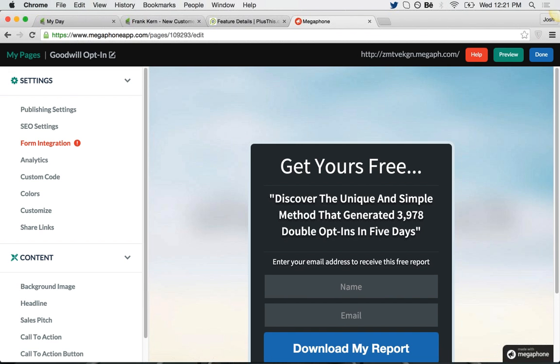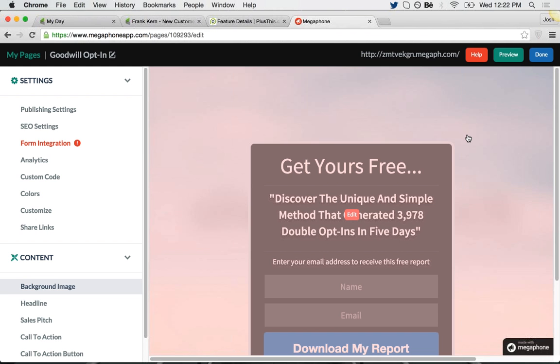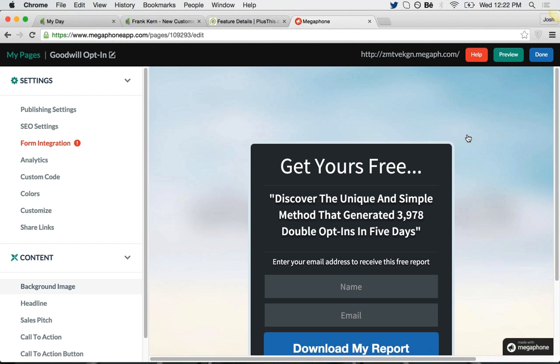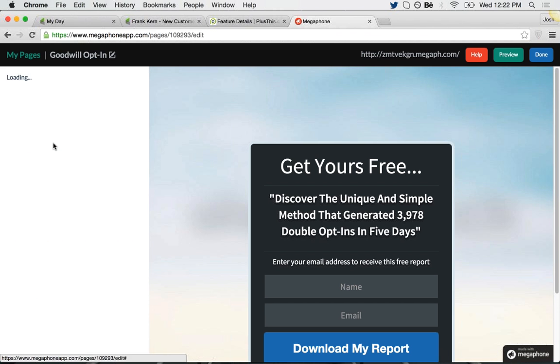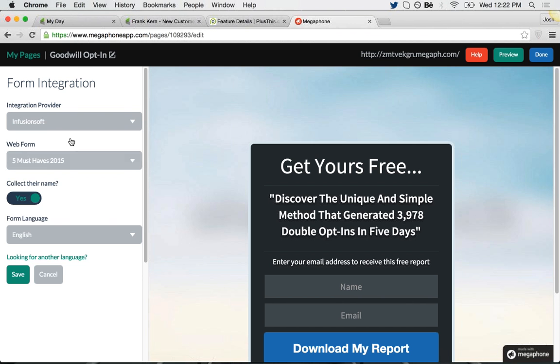So they might not be opting in for a specific campaign if they're just signing up for your newsletter to be notified, whatever it is, but you want to send them one email. I'll just go to the form integration, hit Infusionsoft,